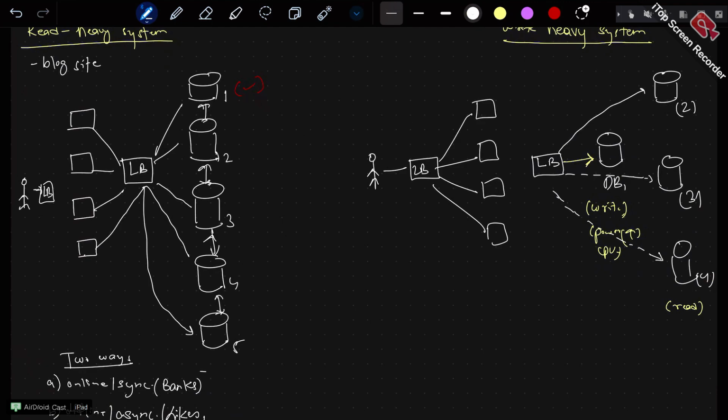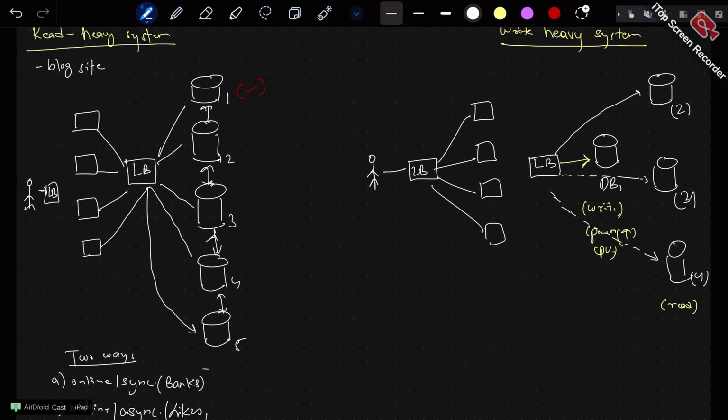Now just think in these terms: writes are happening on db1 and your reads are happening on db2, right? Don't you think the same problem will occur over here also? Read, async and all that we have just discussed. Whenever a write has happened, data should be replicated. So it's the duty of this write database to communicate those changes to these databases also, to make sure they are replicated, right?